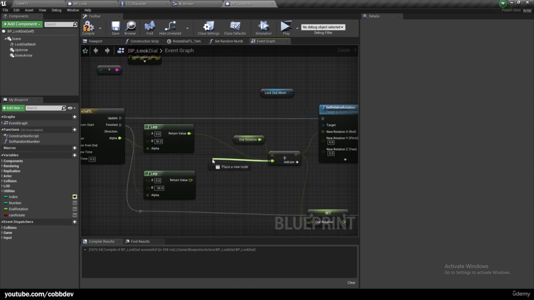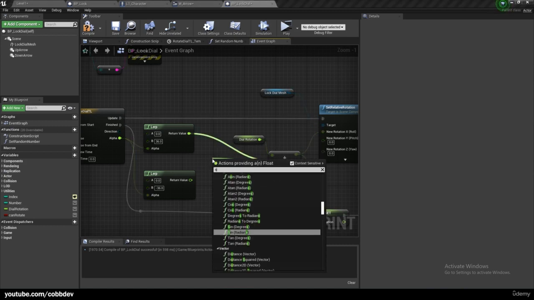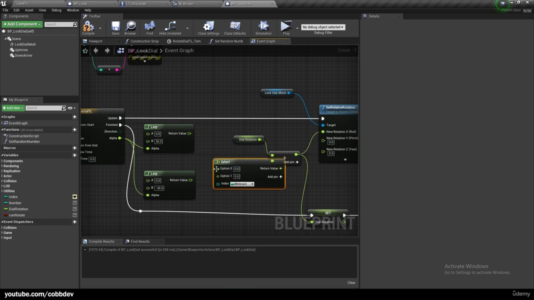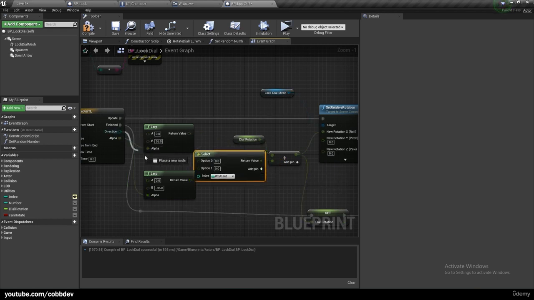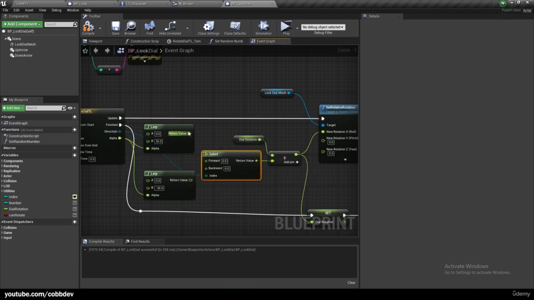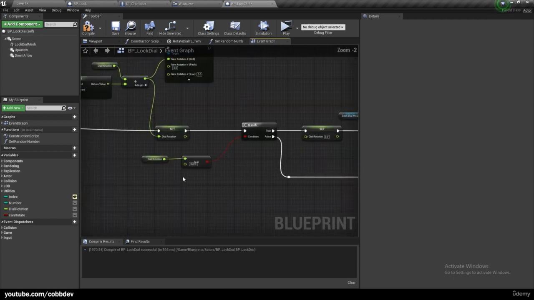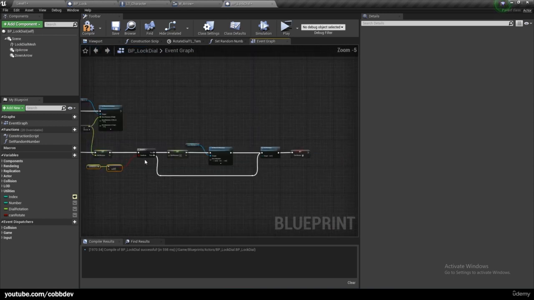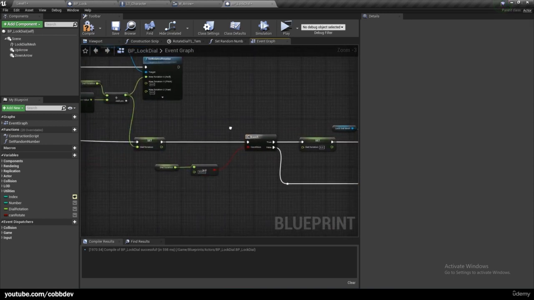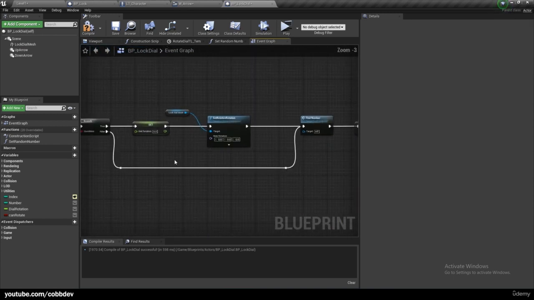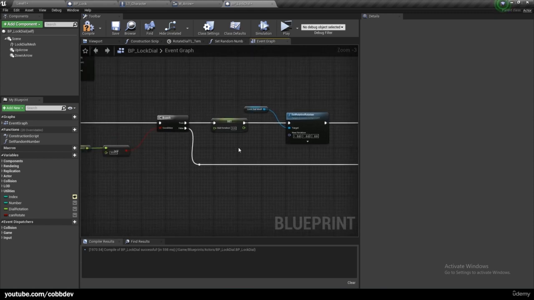So whatever we're adding to the dial rotation, you'll get a select node. The direction will be the index, and if it's going forward and backwards. Now we need to add a little bit more logic, like we did right here, to make sure it always stays between 0 and 360. So off this false here, all it does is just skip to find number. But now we need to add another if statement,